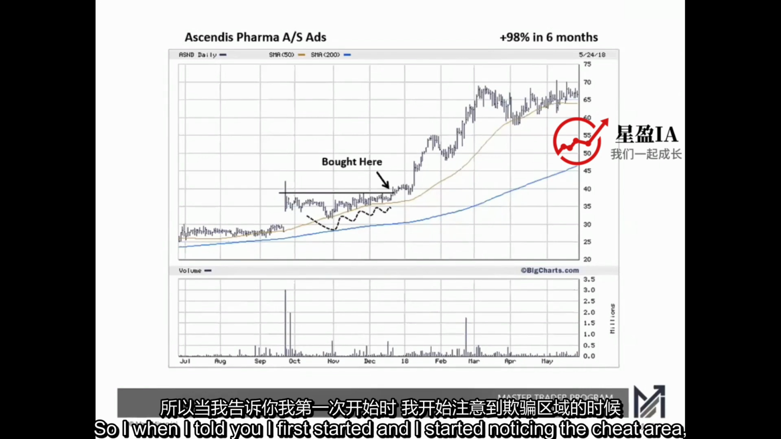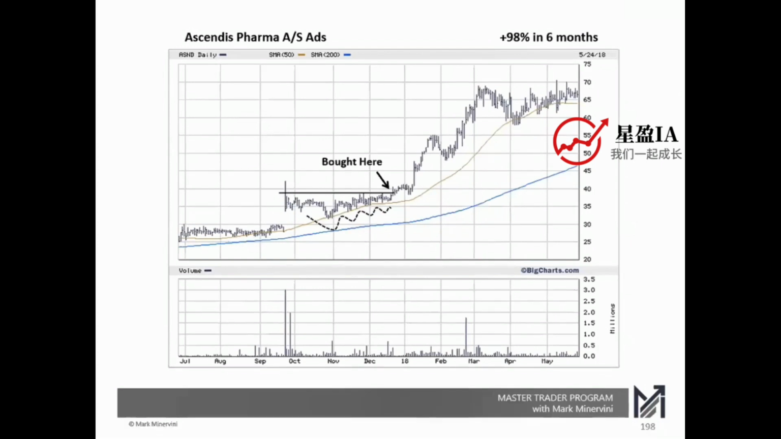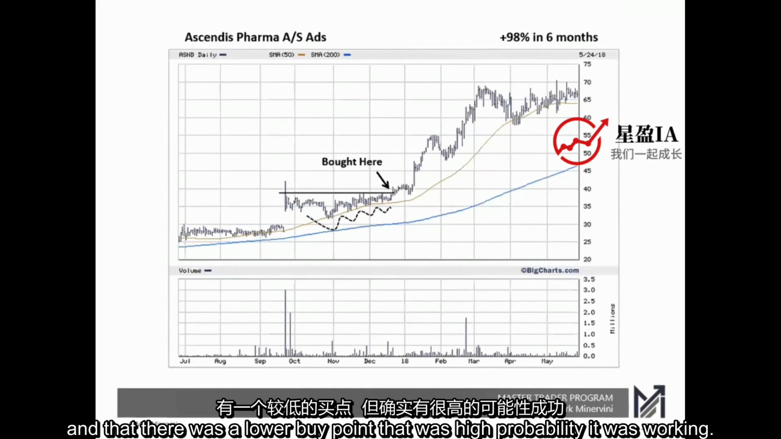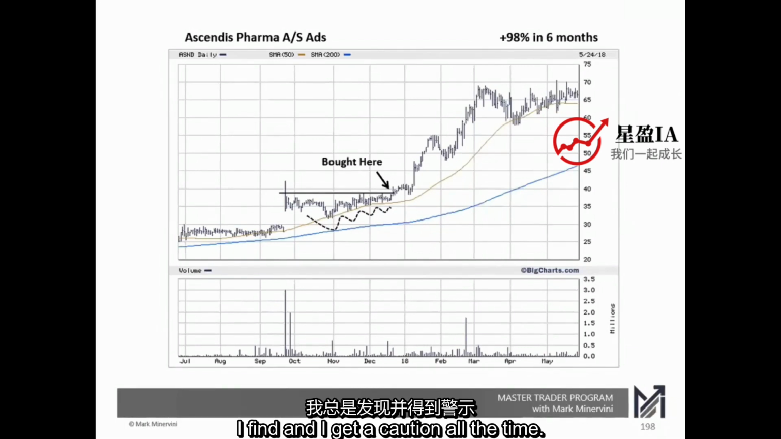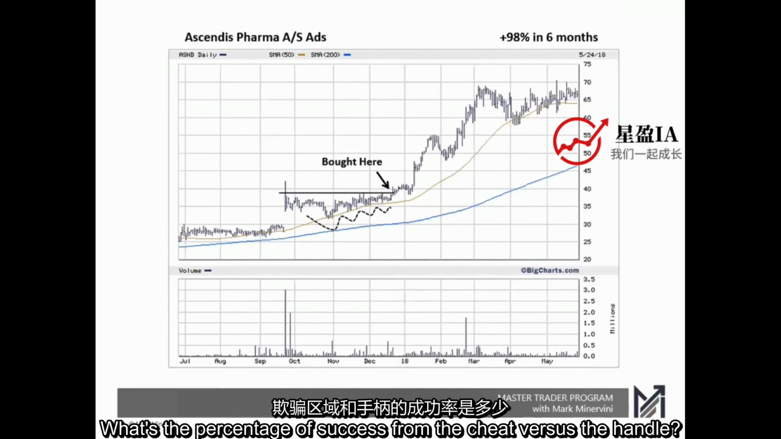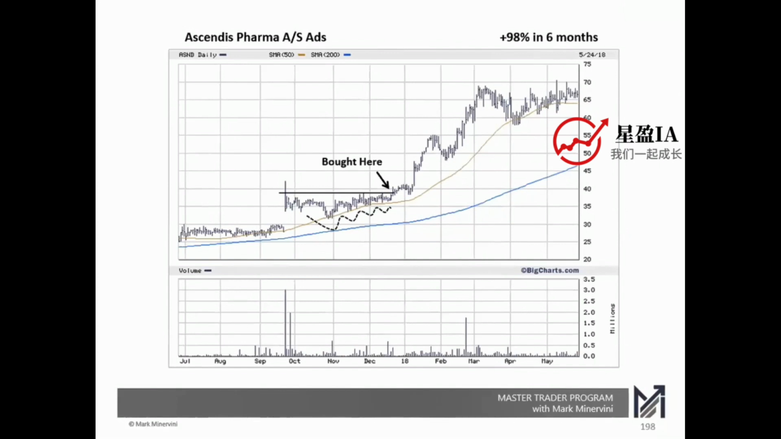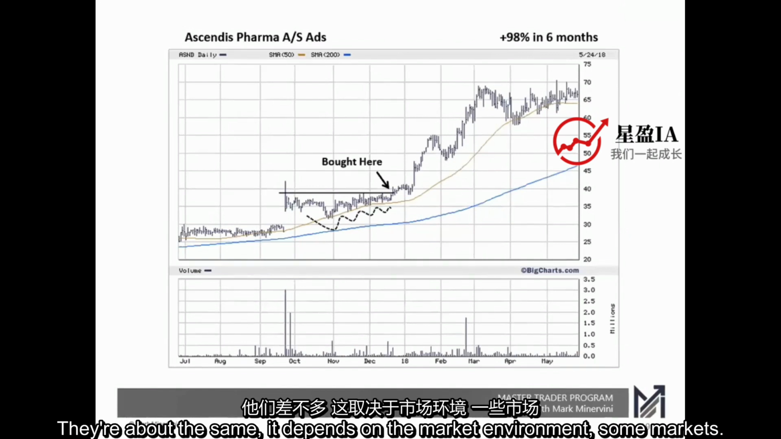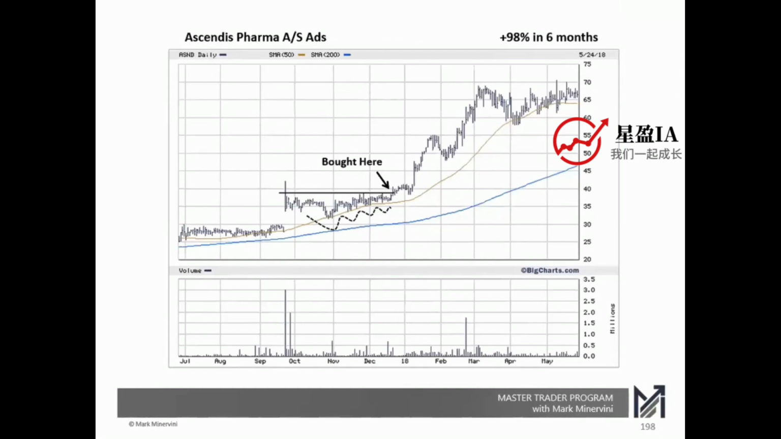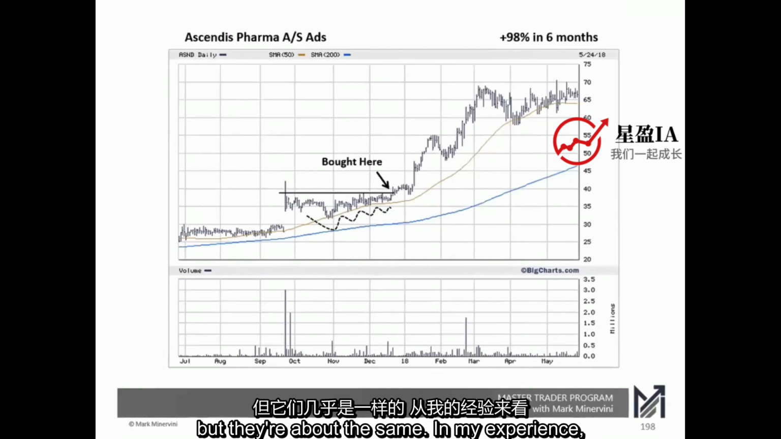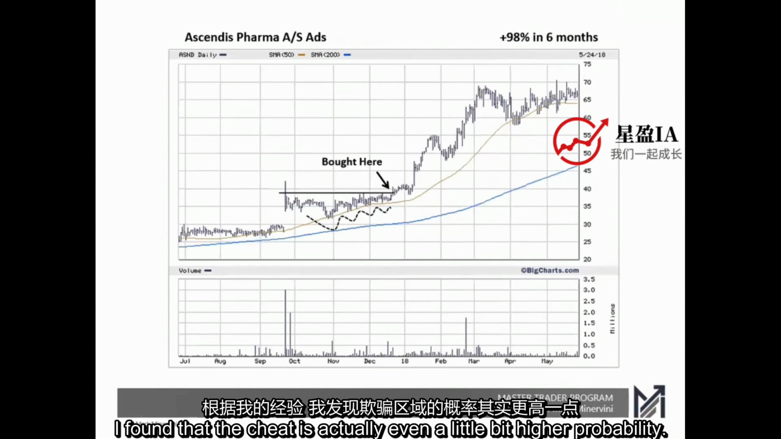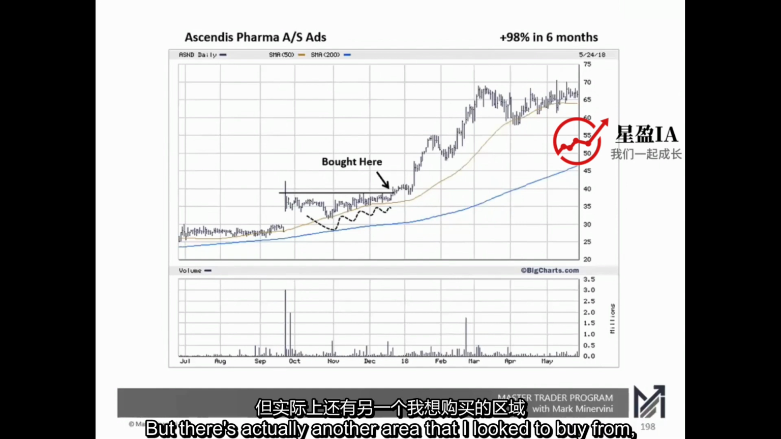So when I told you I first started and I started noticing the cheat area and that there was a lower buy point that was high probability it was working. I get a question all the time, what's the percentage of success from the cheat versus the handle? They're about the same. It depends on the market environment. Some markets, you do better from the cheats than the handles, but they're about the same. In my experience, I found that the cheat is actually even a little bit higher probability. But there's another